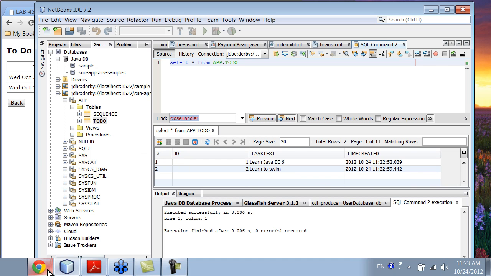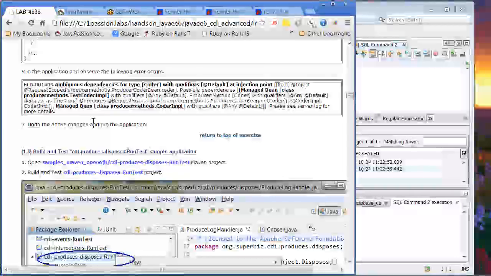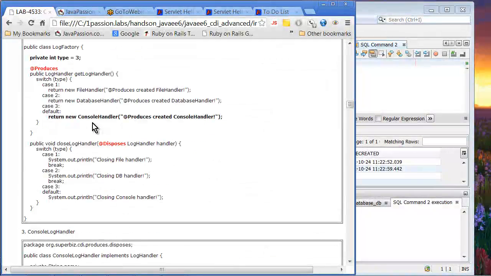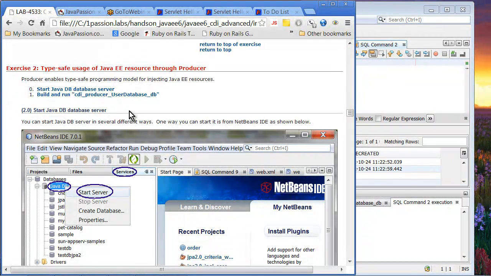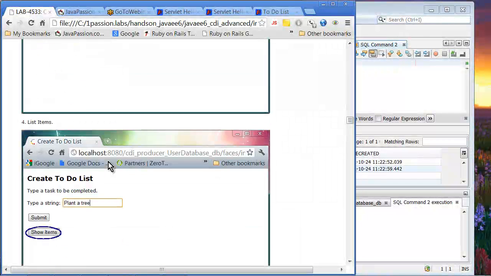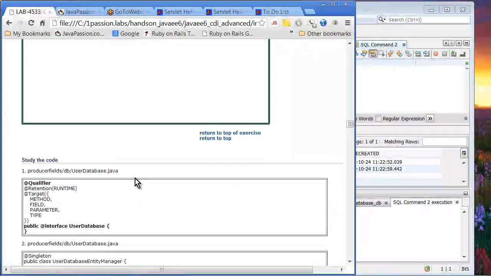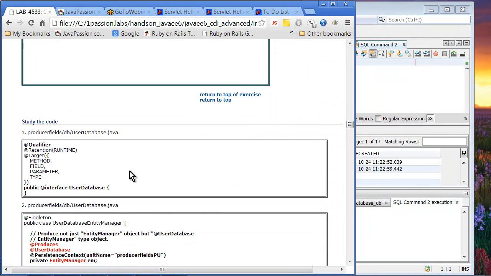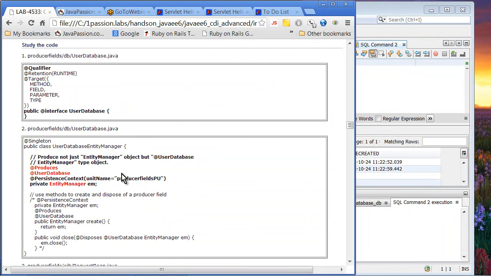All right, so let's see the code. So we just go to this one. We just tried this, right? And you can see 2 entries, 2 records have been created in the database. All right. So first of all, we have to define the user database qualifier type. Just a regular qualifier type. And then, as I said